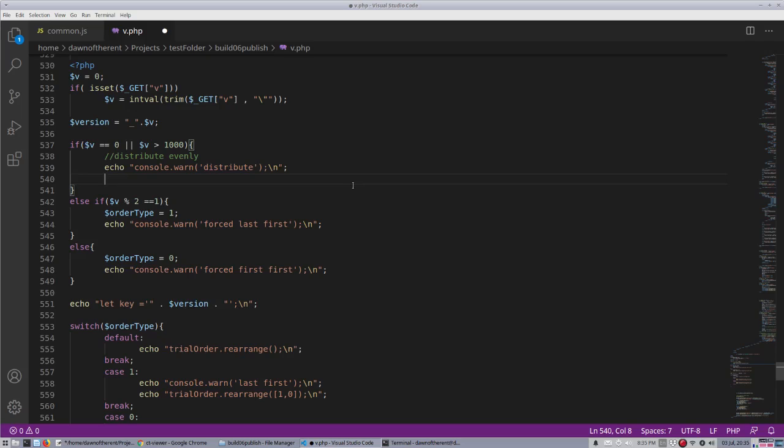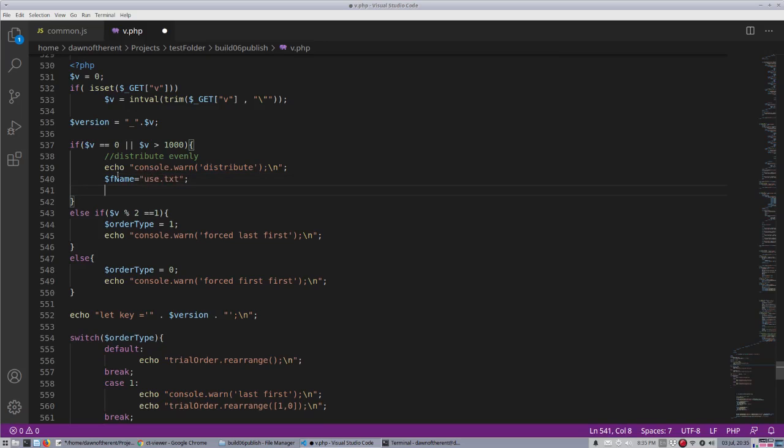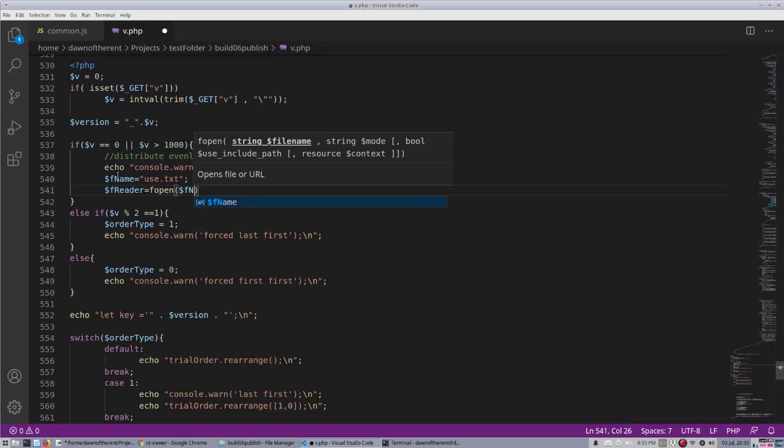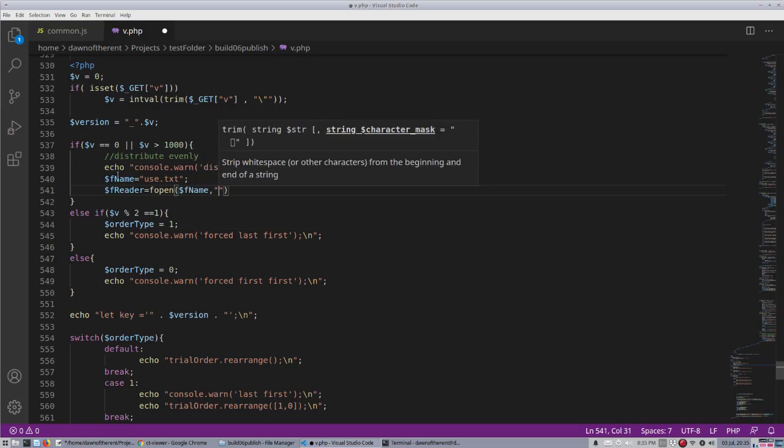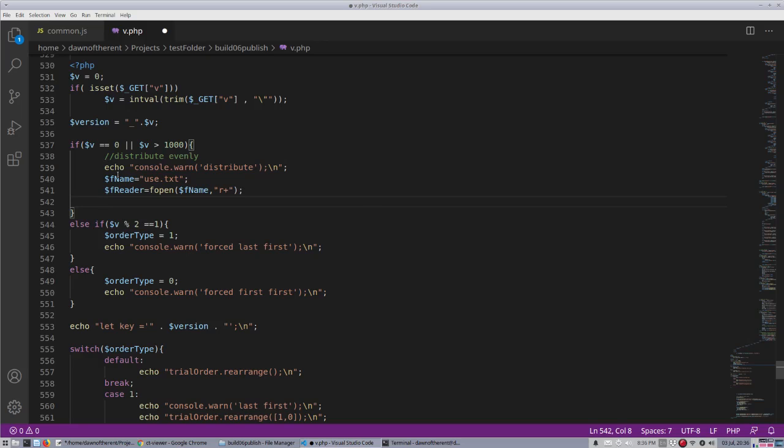So to do this, we're going to need a file. So let's do fname, it would be a file name, equals use.txt. freader will be sort of a pointer that we're going to use to navigate around the file. So we're going to set that by calling fopen, and then we'll do the file name we just got, comma, and then this is sort of a mode, so we're going to do r, which tells us to start at the beginning of the file, and then plus, which is just to tell us that we do intend on writing to this file too, so make sure we have that. So if we actually opened the file, so if freader,